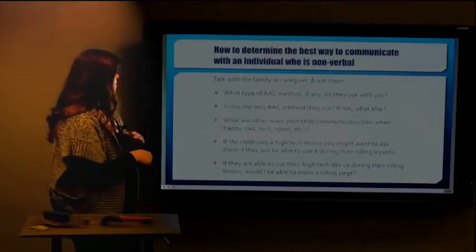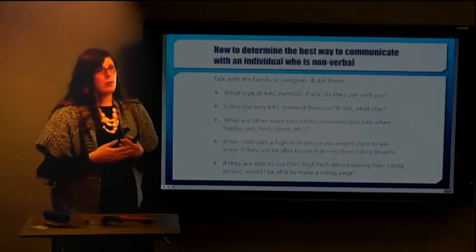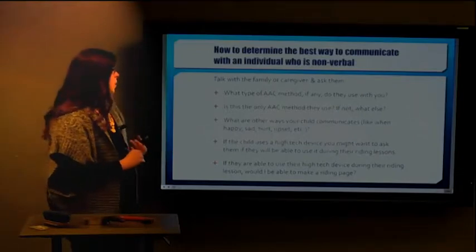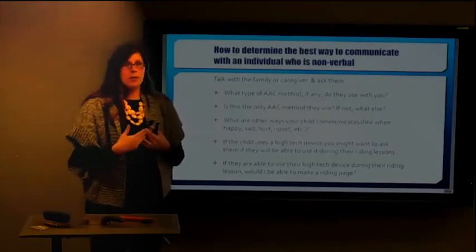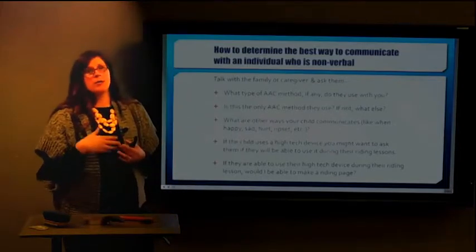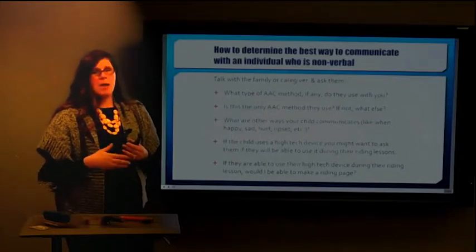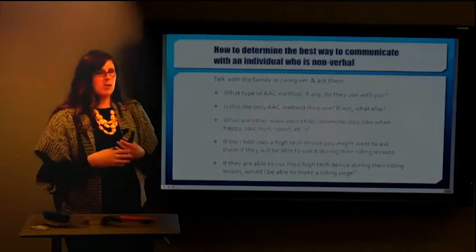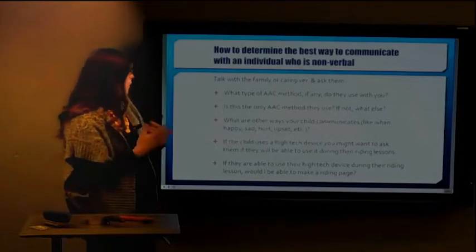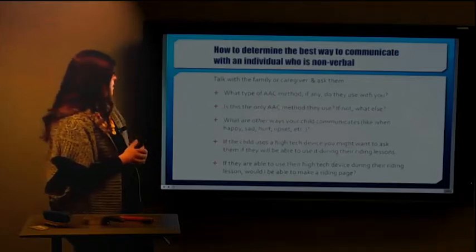So you also want to talk to them about other ways they might communicate, or ways that the individual might communicate when they're upset or hurt or sad. That's always important for you to know, because sometimes, when a child is upset or in pain, they may not always cry or do something obvious to let the person know. So make sure that you talk with the family to know all the different ways that they communicate, especially